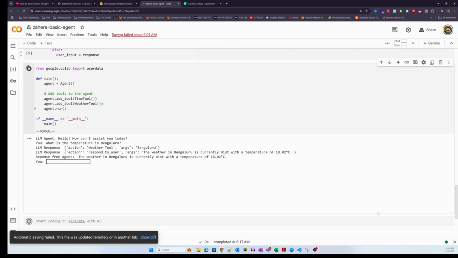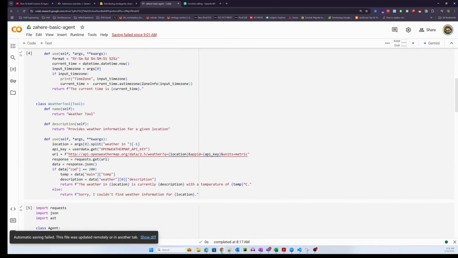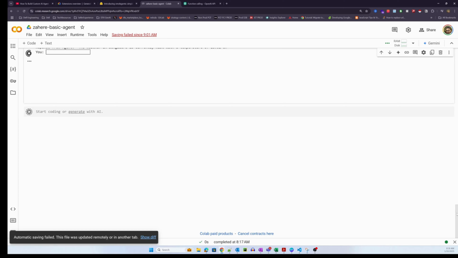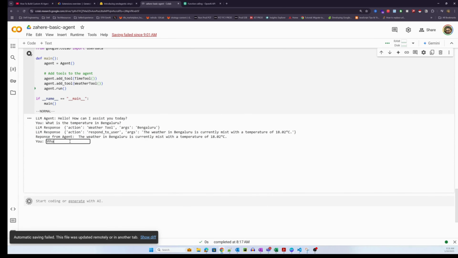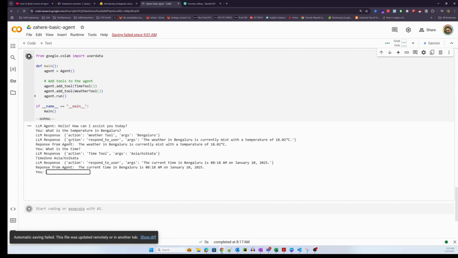And we've actually got the response, but let me actually show you the weather tool. Oh, I think I ran the weather tool. I'm sorry. The weather tool is a very simple example. Let me actually go back. I'm just going to say what is the time. Now here's the interesting part, and this is where the orchestration part comes in, right? So okay, I have asked the time in my city, Bengaluru, which is part of the Asia and Kolkata time zone. Remember, I'm not explicitly passing the time zone here. This is what the LLM has figured out.